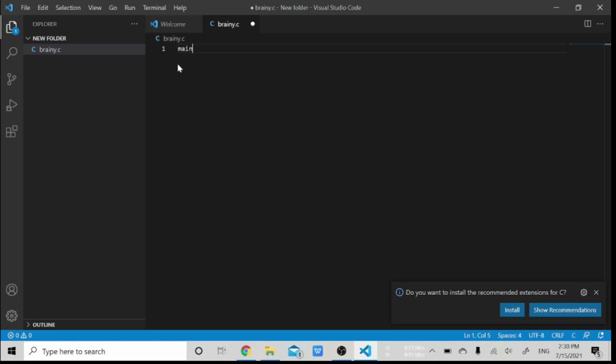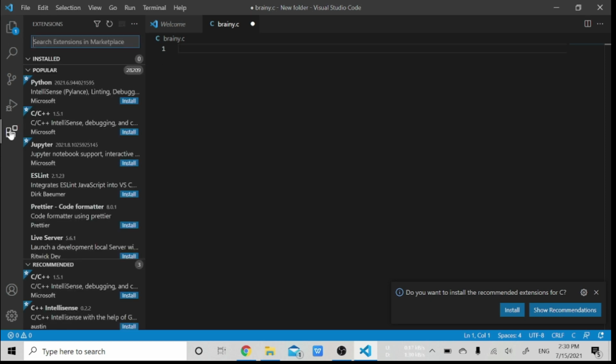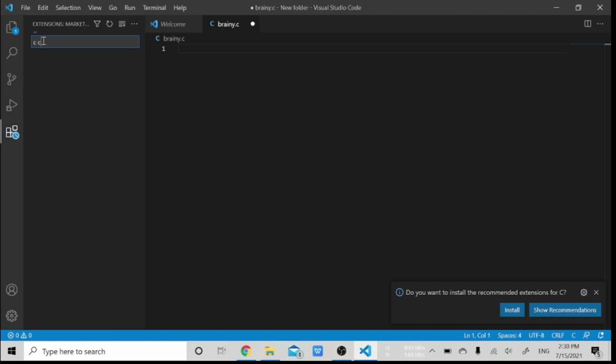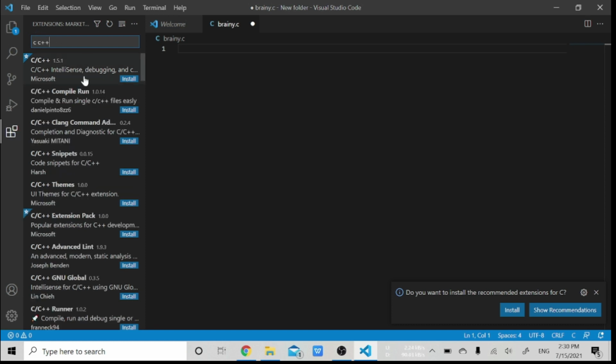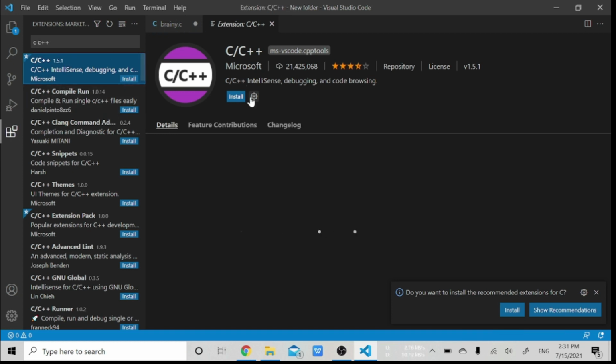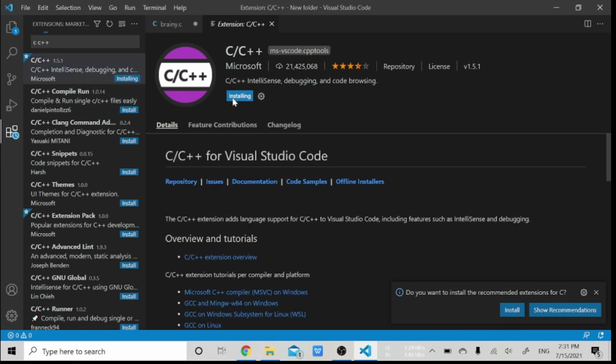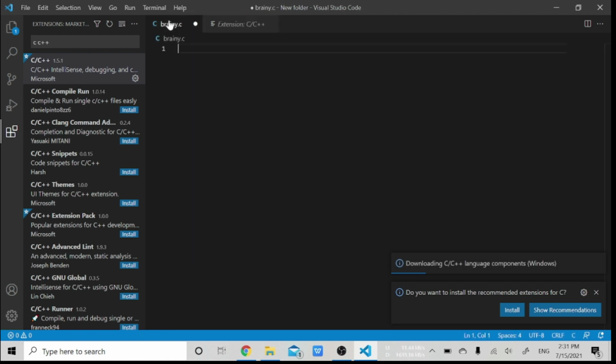For it to give the snippet itself, just go to extensions and search for C++. The first option that comes is IntelliSense from Microsoft. Click on that and install it. After you install it, it will show the snippets for the whole code. Just see here.